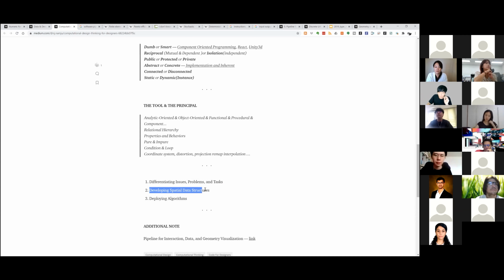And then developing special data structures, which is a graph or whatever. A list is also a graph data structure. In the last workshop we learned integer, string, and float number. These are also data structures, but very primitive ones. We're dealing with spatial information, correct? So we need to tweak or create some smart data structure that takes advantage of the primitive data structures that Python or other software languages provide to us.